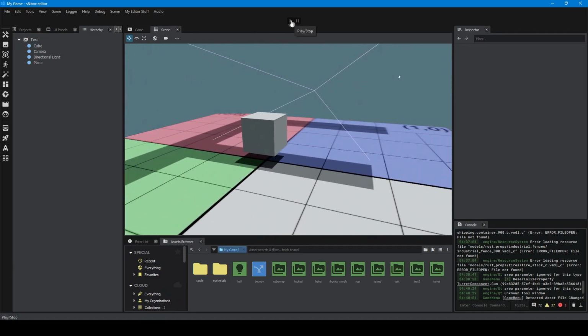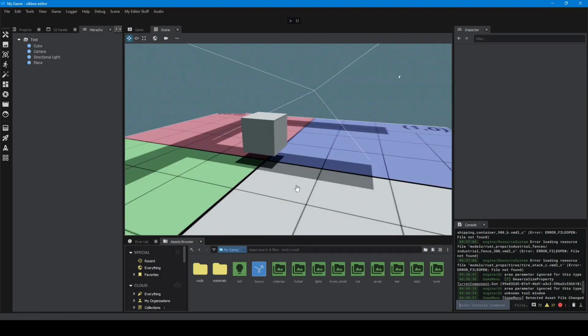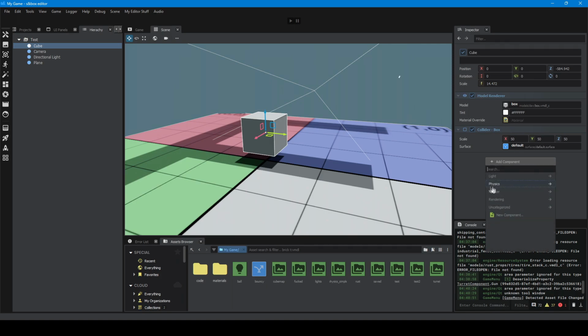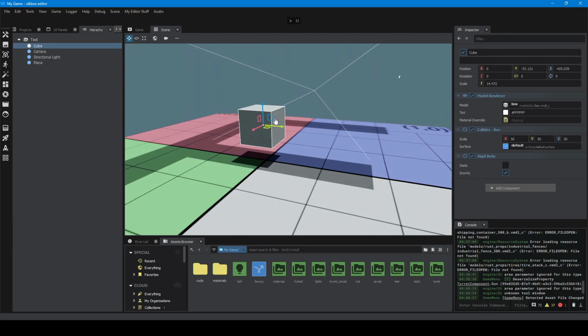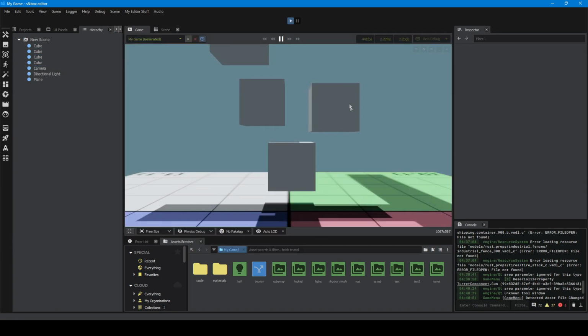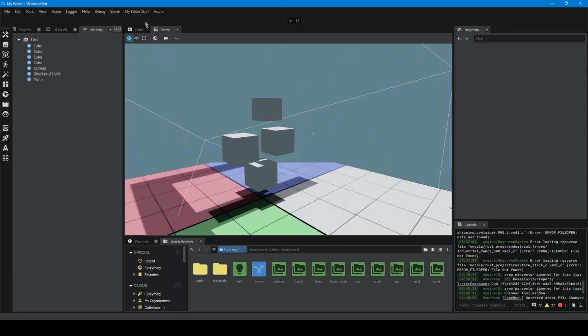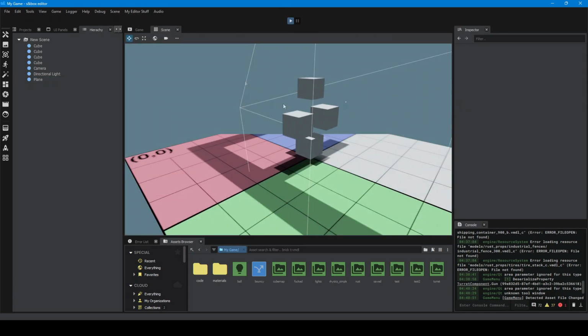And if I run the game again, you'll see still nothing happens because there's no rigid bodies. This guy, I want to give physics, rigid body. He's going to be affected by gravity. He is not static. And I'm just going to make a few of these guys. And if I run now, you'll see we have gravity. Oh, well, that's actually very interesting. So you'll see here